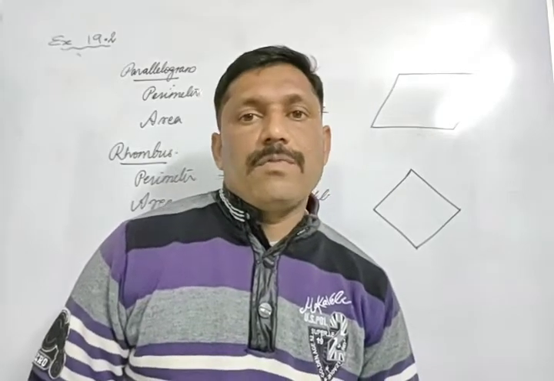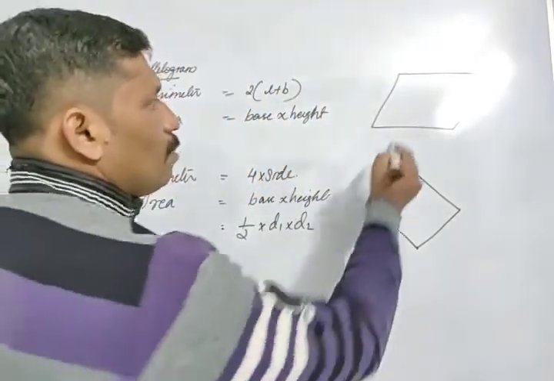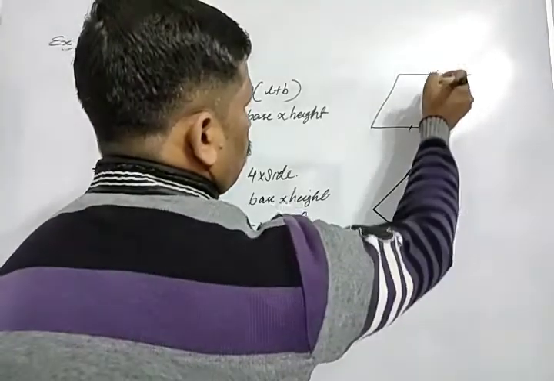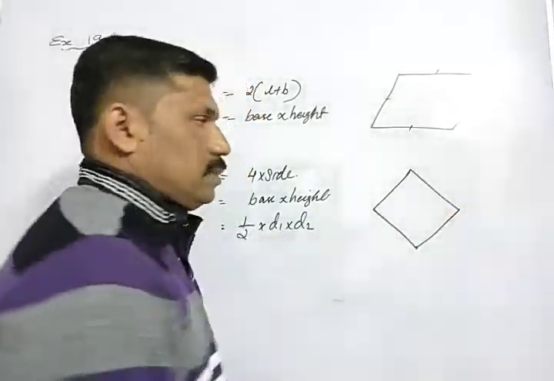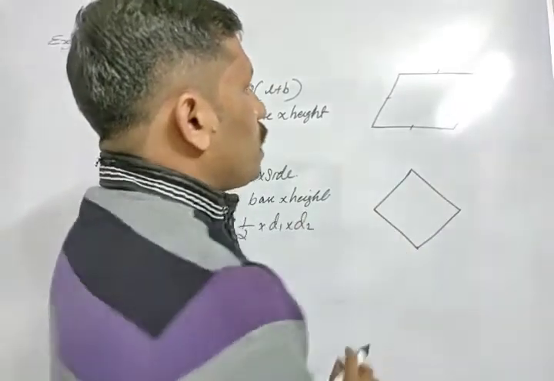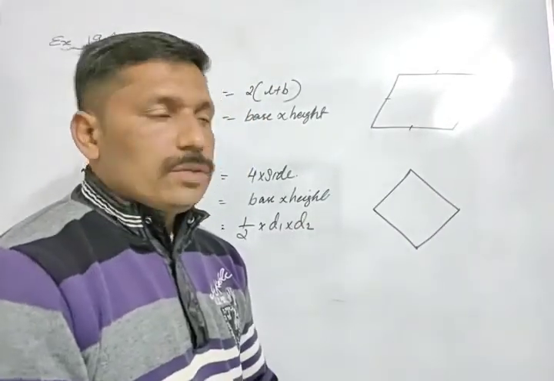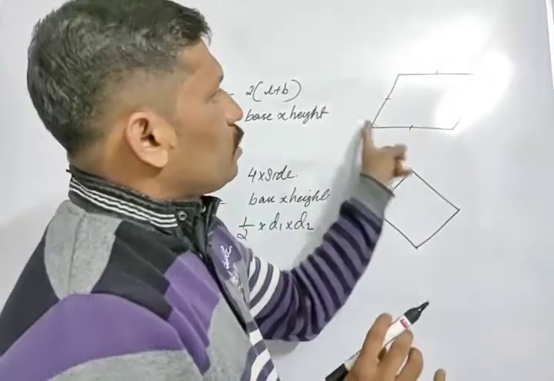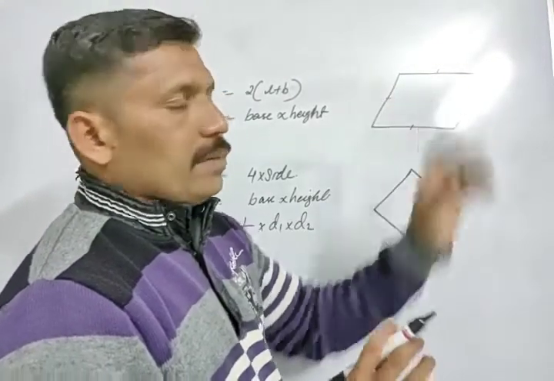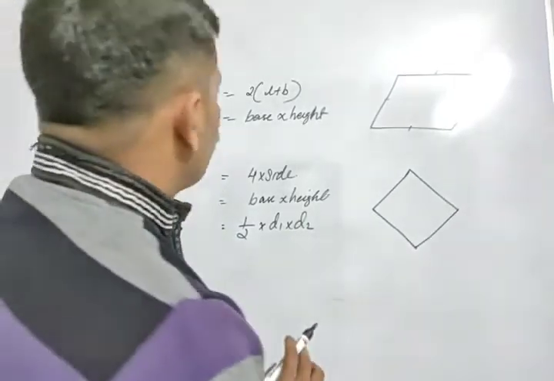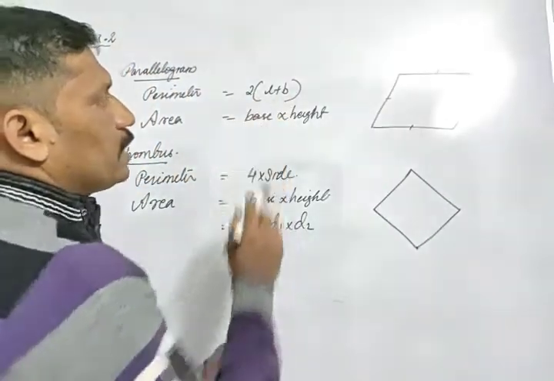The perimeter of a parallelogram. You know that in a parallelogram, opposite sides are equal. That means this is length and this is taken as breadth. These opposite sides are equal, just like a rectangle. So the perimeter means the length of 4 sides: 2 length and 2 breadth we can see here. That means the same formula, that is perimeter is 2 into length plus breadth,